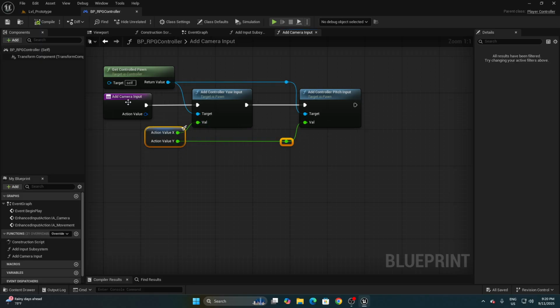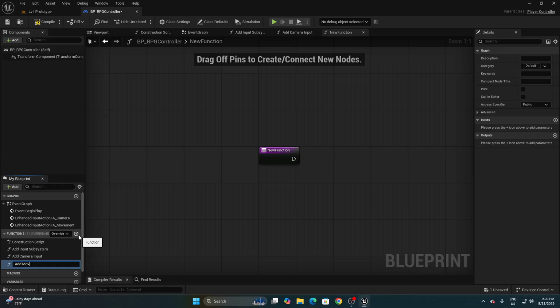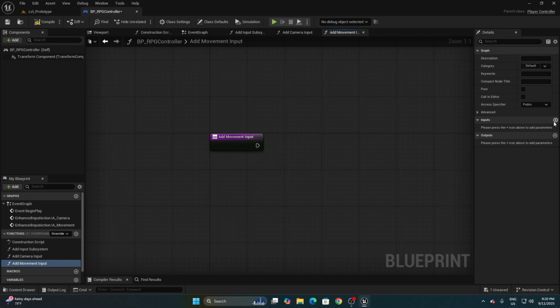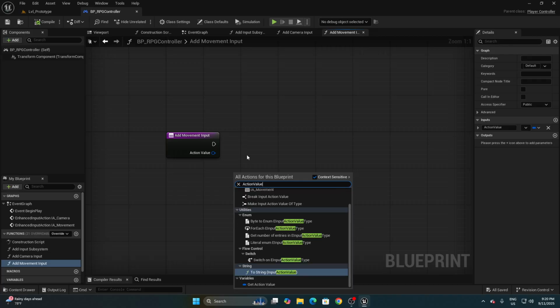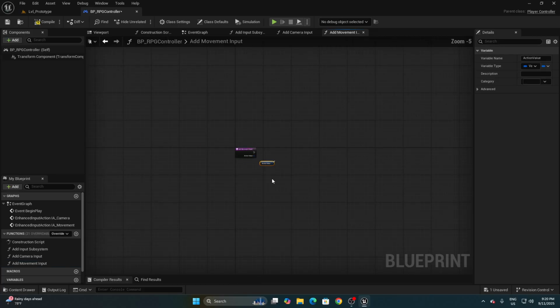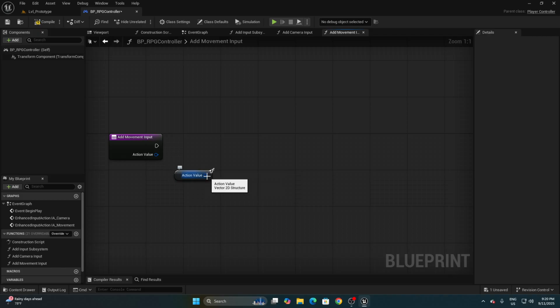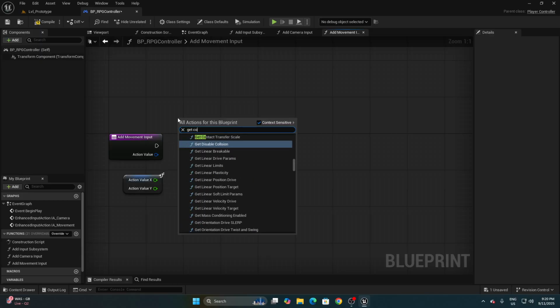With this done, we can copy the input name, and we want to create another function called add movement input. Add an input to this as well. The variable type should be saved as vector 2D, so I just pasted the exact same input name, which is action value, and I'm going to get it as a local variable as well. Next, I'm going to split the struct pin again. So we'll need to get the controlled pawn again,